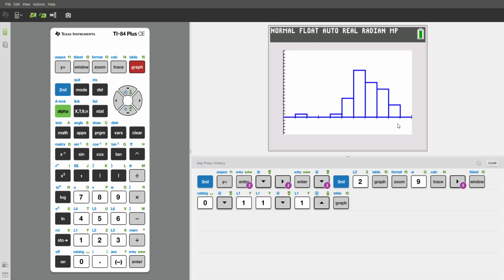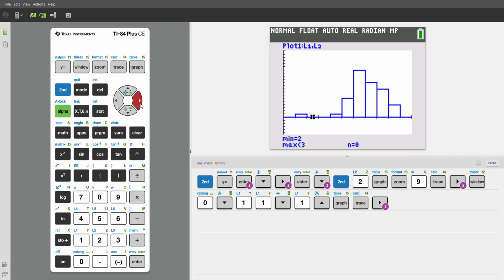Now when I graph, I have a much cleaner looking histogram where I can easily see where these numbers are, and then by tracing it tells me how many is in each of those regions. So from 0 up to 1, from 1 to 2, 2 to 3, and so forth,